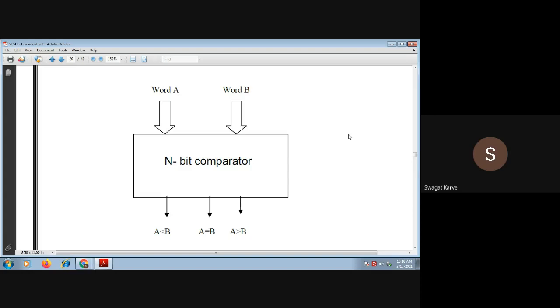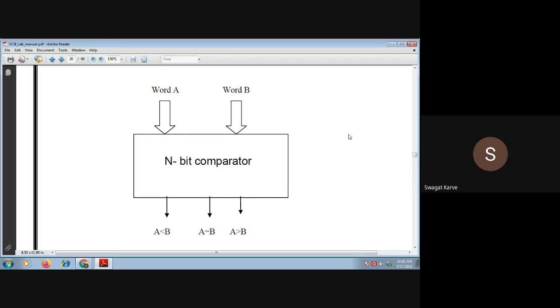One for each indication. That means one output if the numbers are equal, that is A is equal to B. You require a second output for A greater than B, and a third output for A less than B. So in all you require two inputs and three outputs for an n-bit comparator.